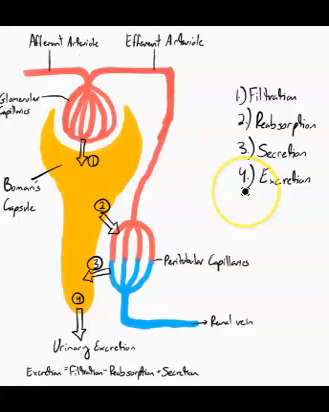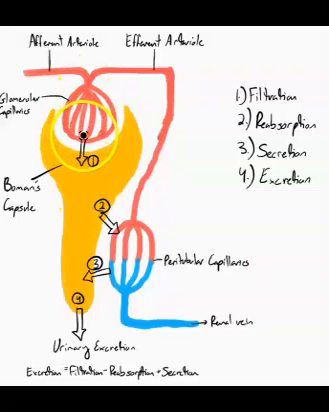Filtration is a pressure-driven process. The NFP, or net filtration pressure, is about 10 mmHg, millimeters of mercury, as calculated from three different forces. We have the glomerular hydrostatic pressure, which is the pressure from your glomerular capillaries pushing out, from your blood pressure. Then you have the capsular hydrostatic pressure, which is from the capsule pushing back in. And then you have the BCOP, or blood colloid osmotic pressure, which is the proteins within the blood